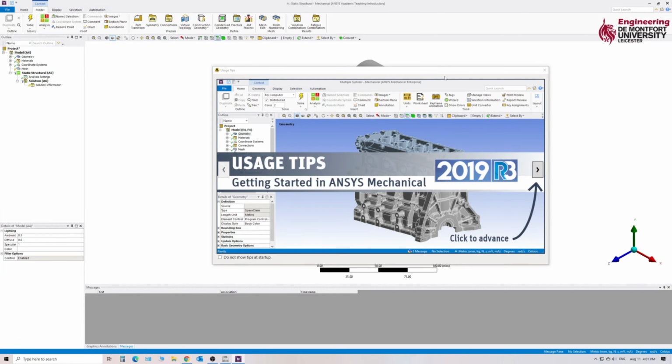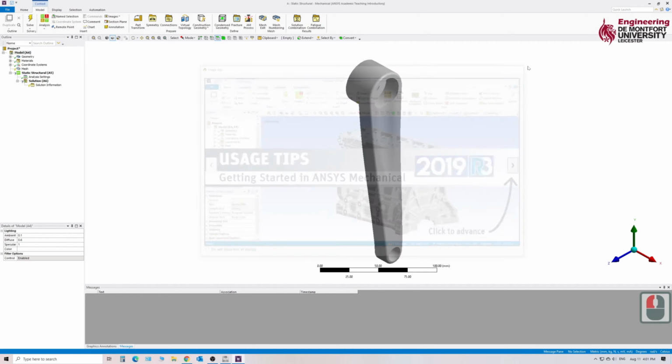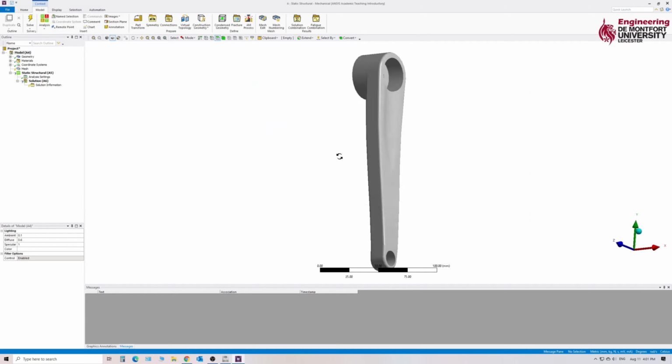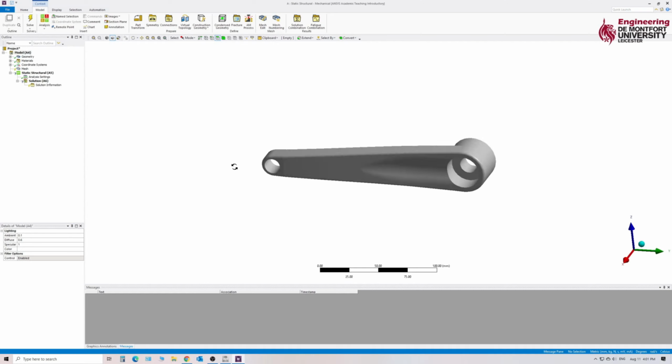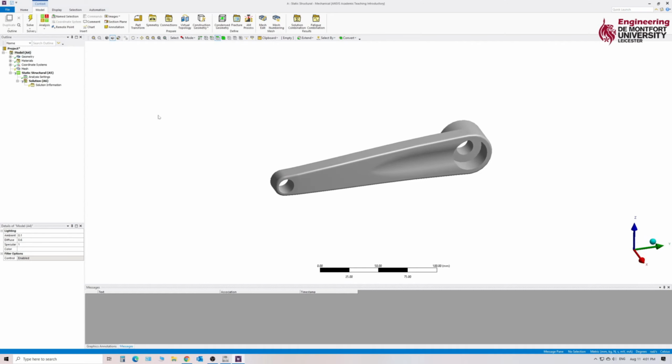Okay, so now we have the mechanical module open. I'm just going to get rid of this little pop-up. And what we can see is we've got our part successfully imported. And before we start to generate a mesh or anything like that, we just need to check the